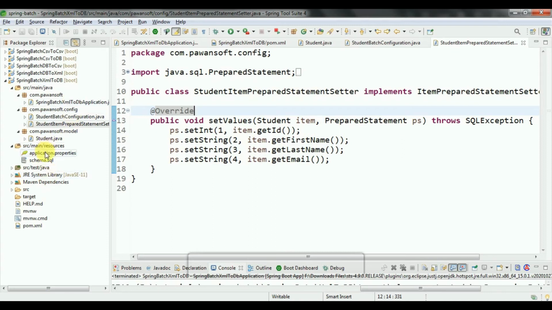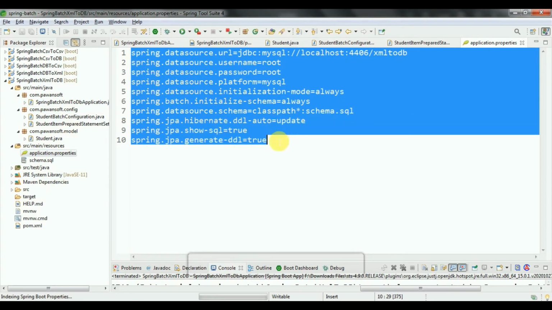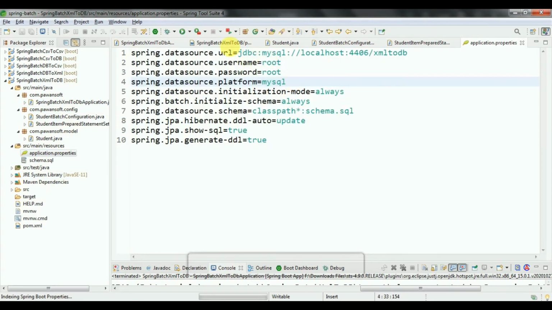Then in the application.properties file you have to declare the database configuration: the URL, username, password, platform type MySQL, initialization mode always, and schema initialize schema always, and the schema data source schema as classpath schema.sql.